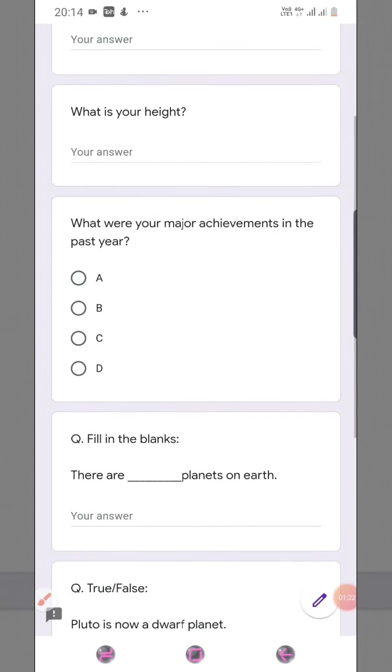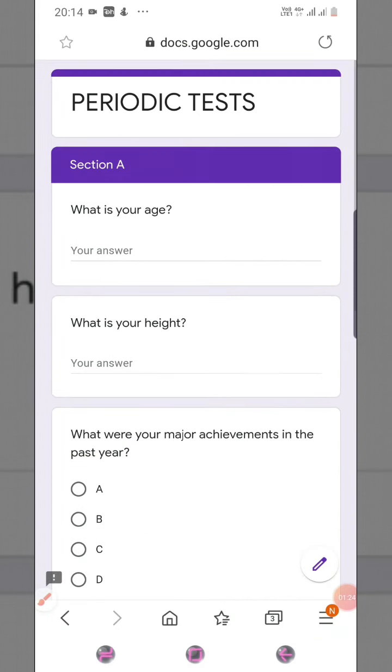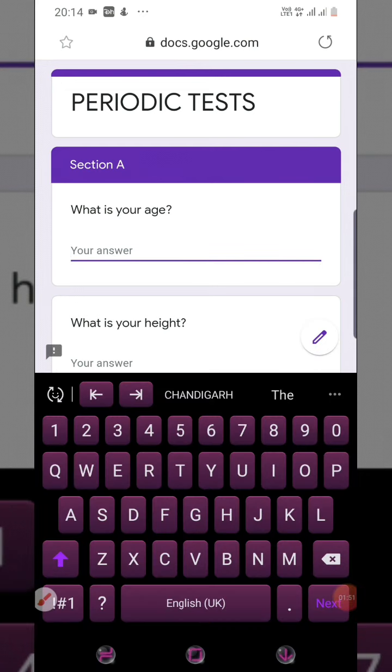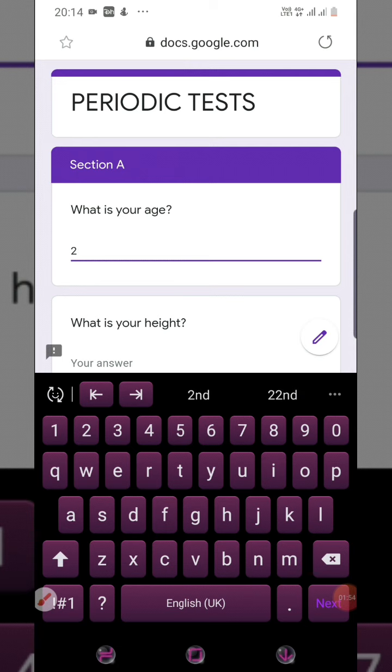So here I have used just sample questions, randomly, to tell you how to attempt different types of questions. In some of your tests you are given sections as well, section A, section B, section C, section D. So section-wise you have to attempt the paper. You do not have to worry about the section, you just have to attempt the question. Here the question asked is: what is your age. So you have to write I am 24, so 24 years.